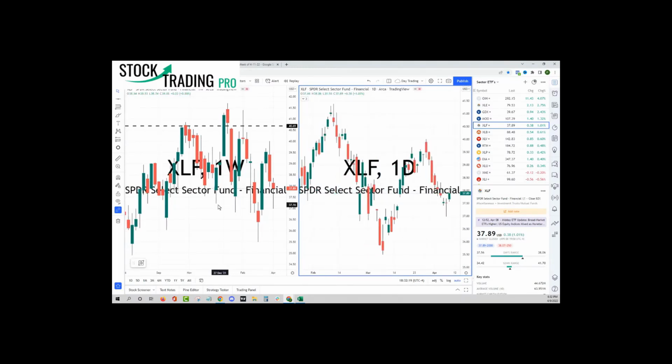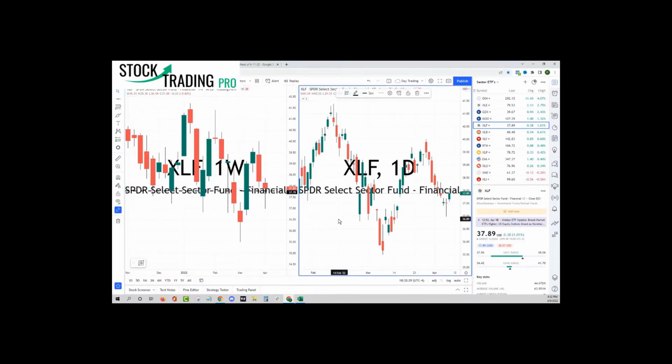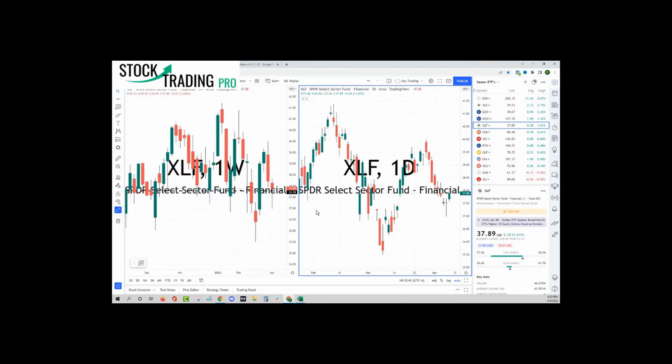What we're looking for is this kind of a week here where we open up and we stay above the opening price for the week. So wherever we end up opening here next week, we get a green candle, we could lean into them. We get questions all the time about which stocks are the easiest to trade. And quite honestly, I find the financials easy when they're in play. If they're not in play, they're a total mess. They're not even worth it. But if they start to catch a bid now with the market environment changing a little bit, they will be